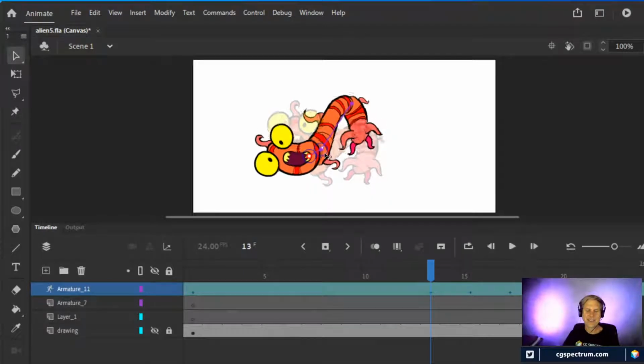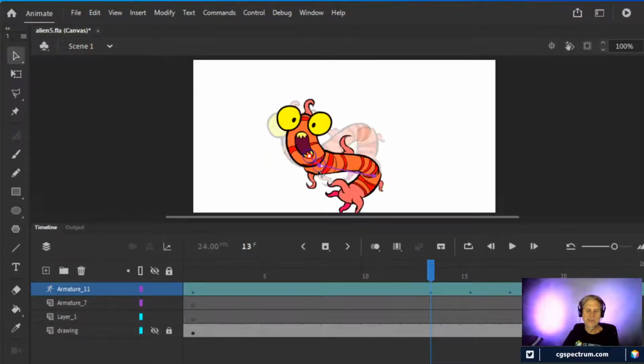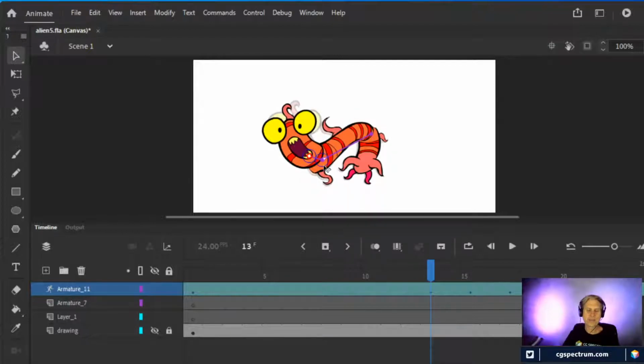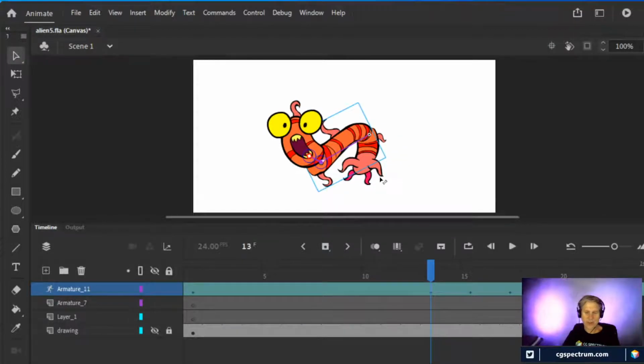It's not really the most rationally, logically set up thing in the world, but it does its job all right. And then there's the third joint, which is this one down here, which is probably just rotated. I don't think I actually translate that one at all. But really simple setup, really easy to manipulate this thing.